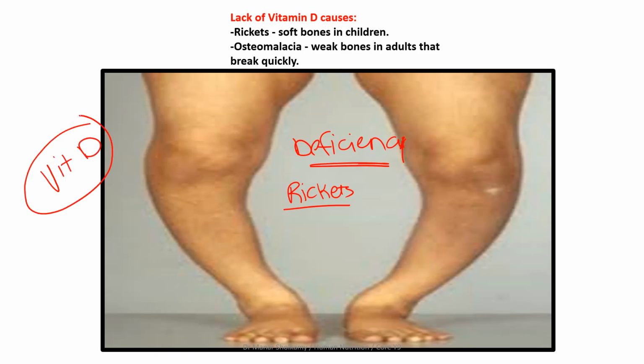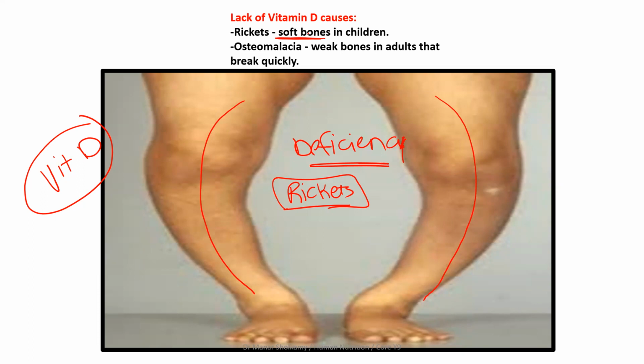So no vitamin D, no calcium. He will have very weak bones, as you can see. His bones will be very weak. The bones will not be able to carry the child, and the bones will curve like this, as you can see. This is called rickets. It's a disease in children because their bones are very soft. And unfortunately, this disease has no treatment. He will grow like this, and it's a horrible disease.